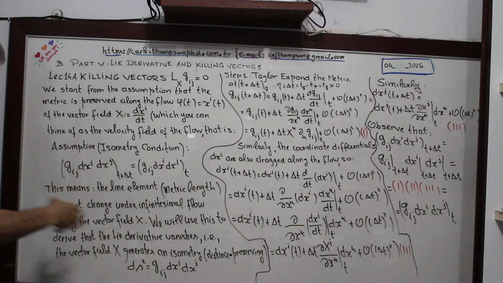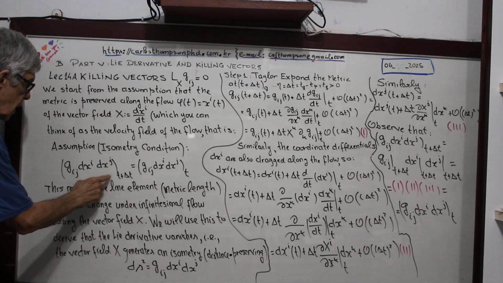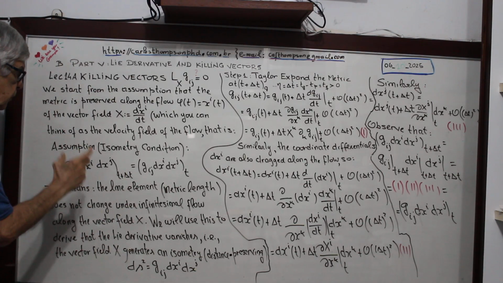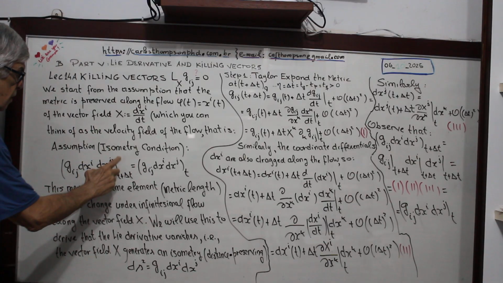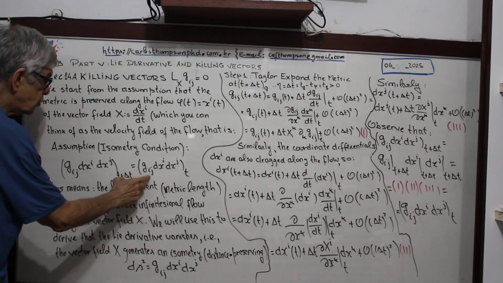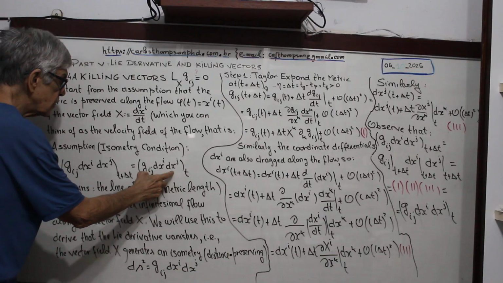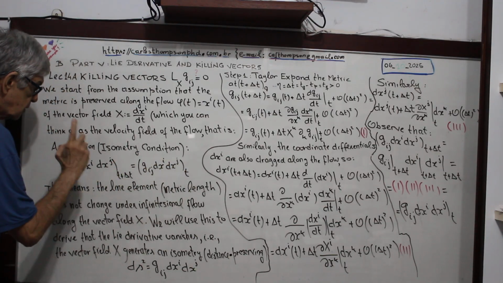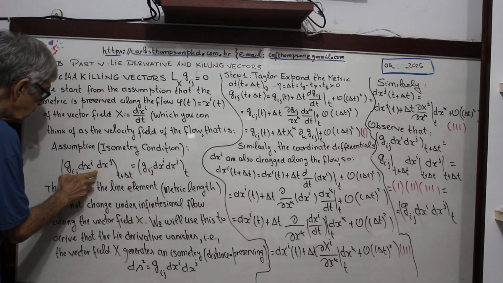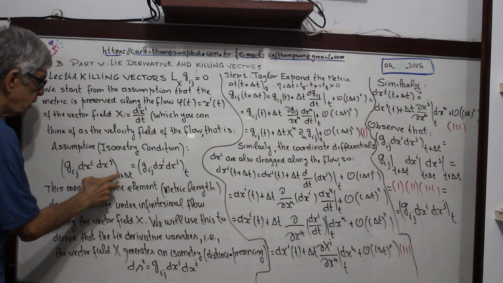In this case, contravariant basis vectors at t plus delta t. This assumption for isometry: g_ij dx^i dx^j at t is equal to g_ij dx^i dx^j at t